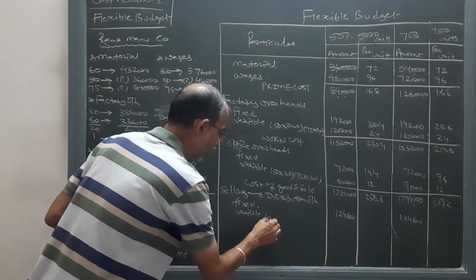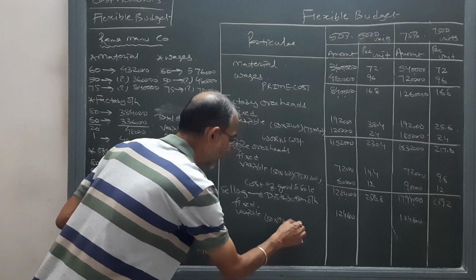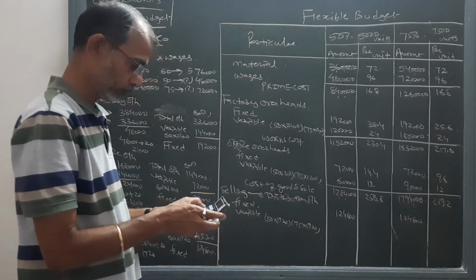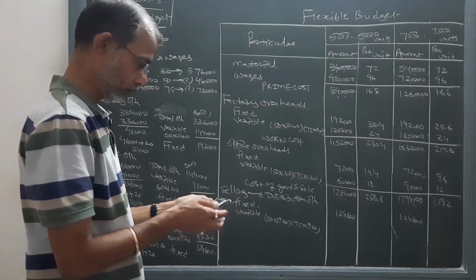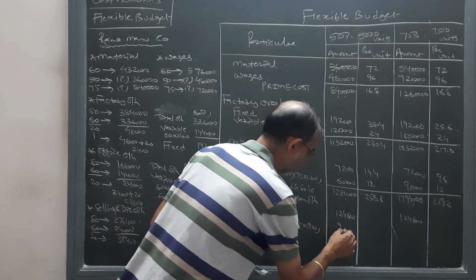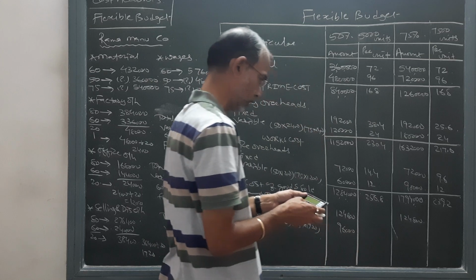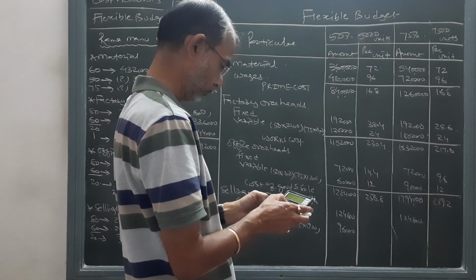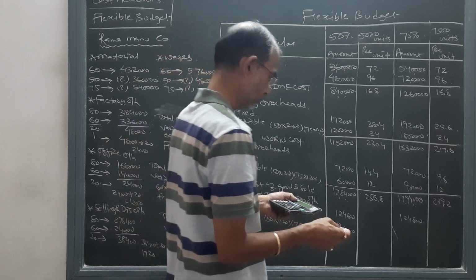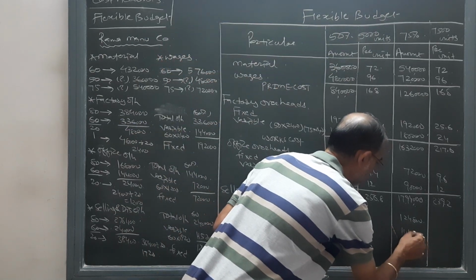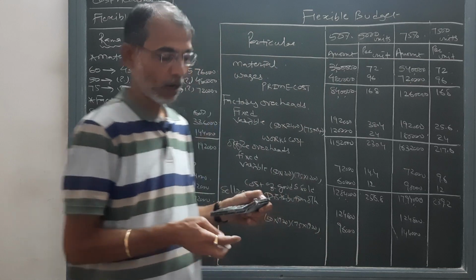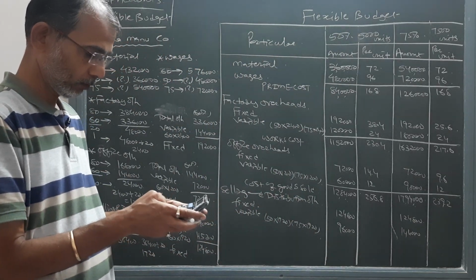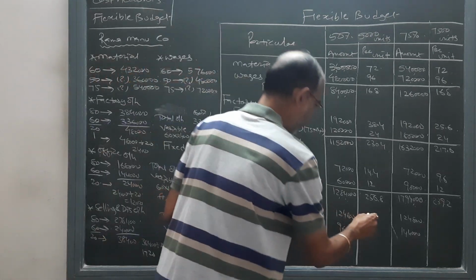Variable 50 into 1920 and 75 into 1920, 96,000, and 1,44,000. Now to find per unit, 1,24,800 divided by 5,000, 24.96,